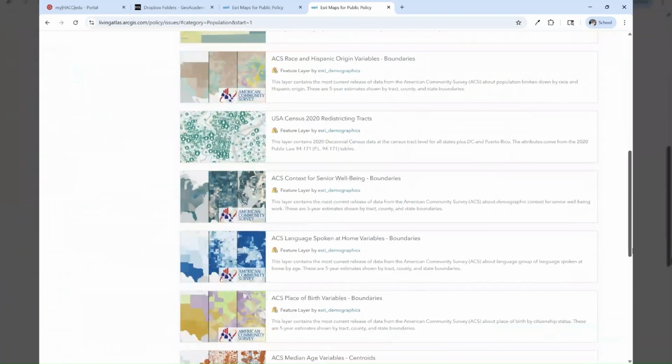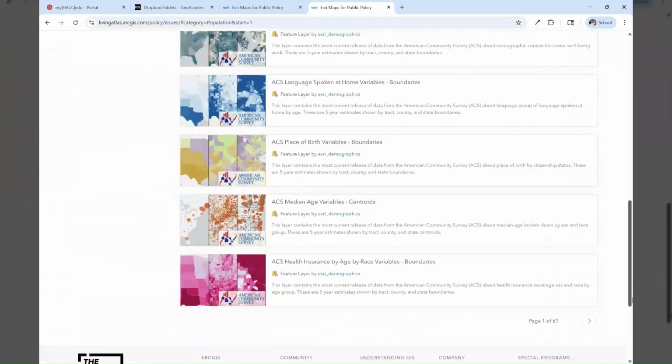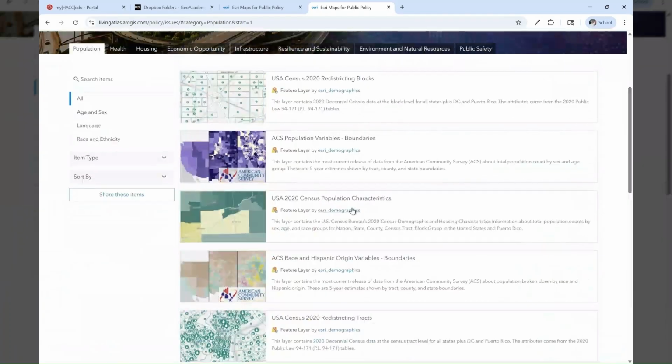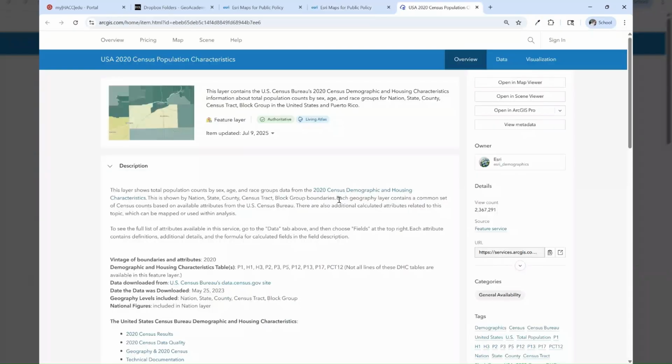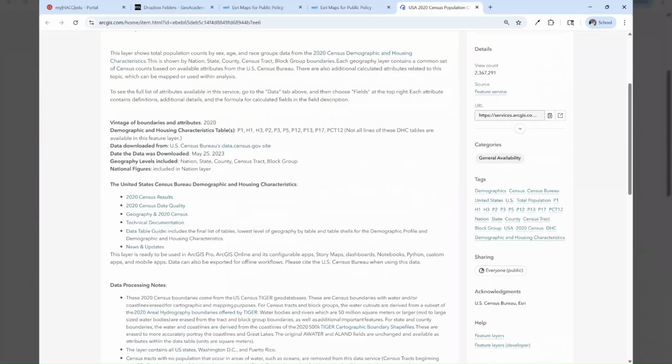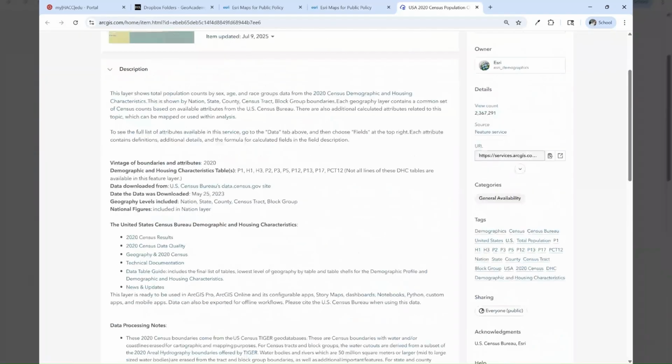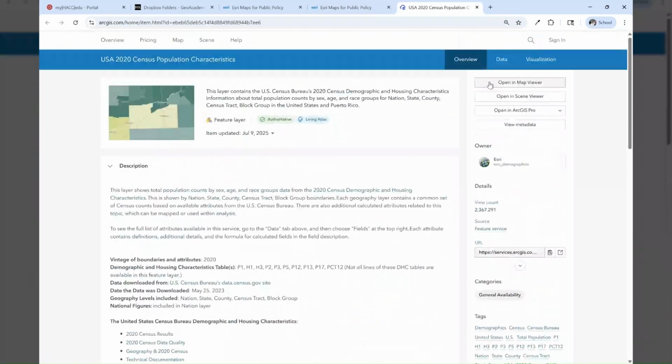So let's say that I want to, let's see what I want to look at here. Let's just say that we want the 2020 population characteristics. If I click on this, it's going to open its item details page. And as we move through the course, you're going to learn about item details. It's like the metadata for our data layers. It's telling us what the data is intended for. It gives you a description of it, and then it gives you a description of the attributes that are in the attribute table. And if I want, I can open this in Map Viewer